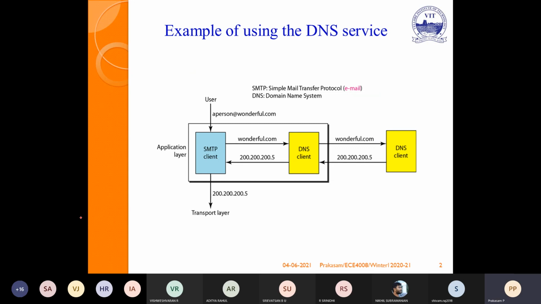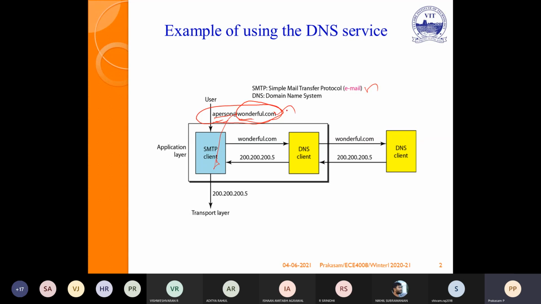For example, suppose a user is sending a mail to a person at wonderful.com or a person at gmail.com. This is related to mail, which will be handled by the Simple Mail Transfer Protocol, which we will see in the next talk. If he wants to send a mail to this person, first the SMTP protocol should access wonderful.com.